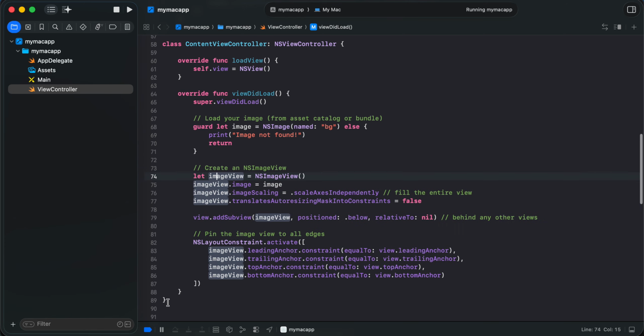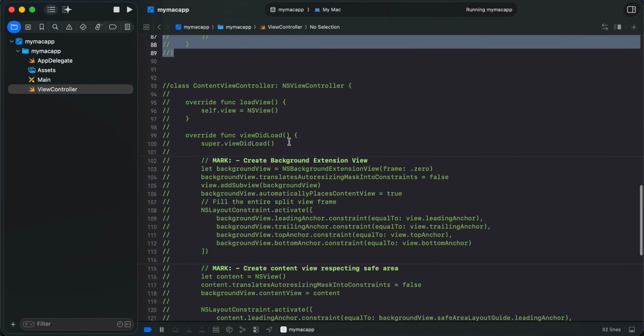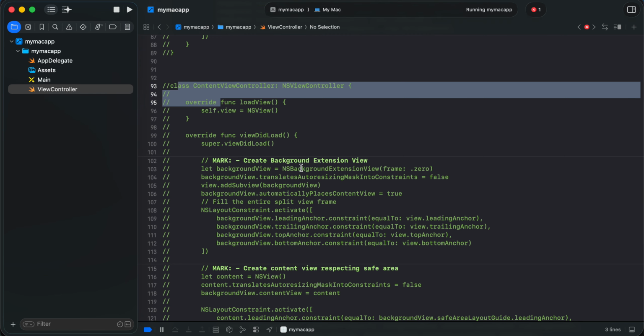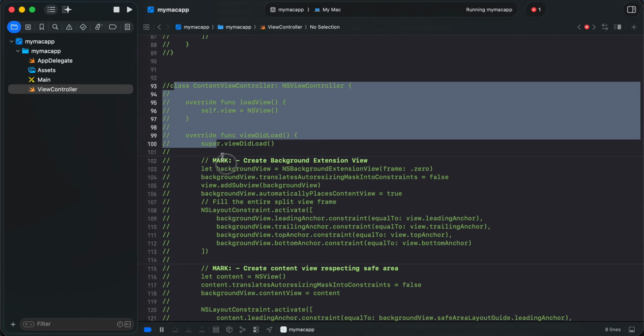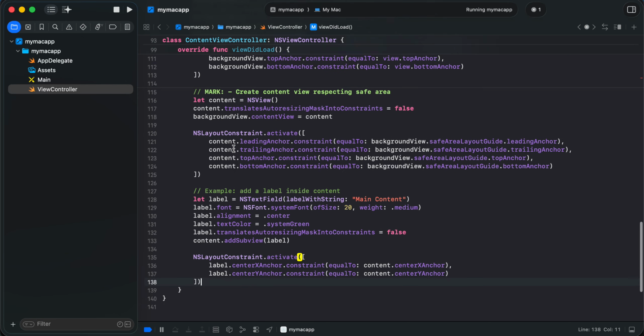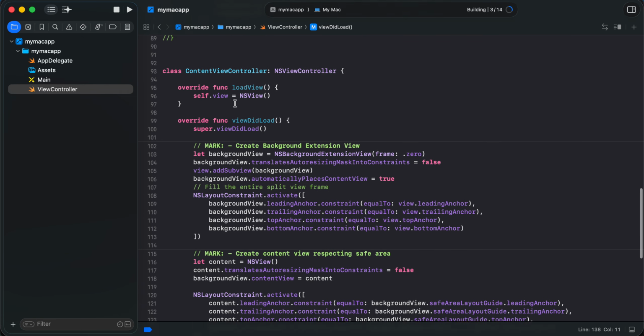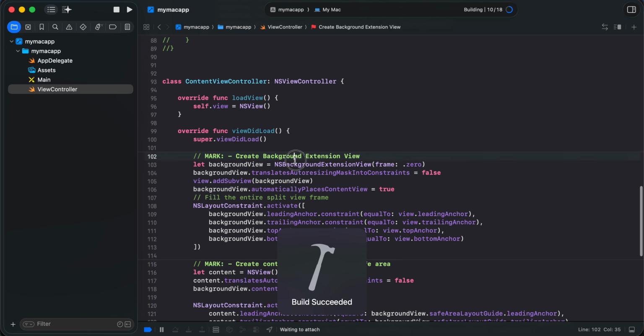Now let's see the other option. So I'll just comment this content view controller and I'll display another content view controller. Here it uses this NSBackgroundExtensionView. So this is a new API in native macOS 26. So I'll just play and show you guys the output first. So here again we are using this NSBackgroundExtensionView,